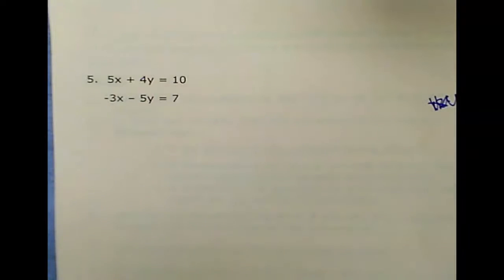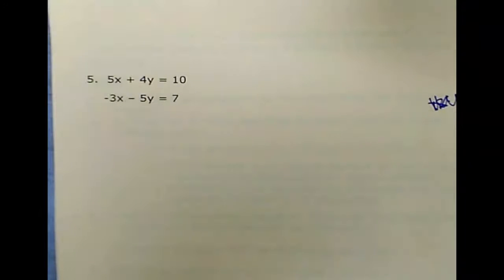This is problem number 5 on notes 1-12, solve by elimination. In order to solve by elimination, I am trying to find the intersection point of these two lines algebraically instead